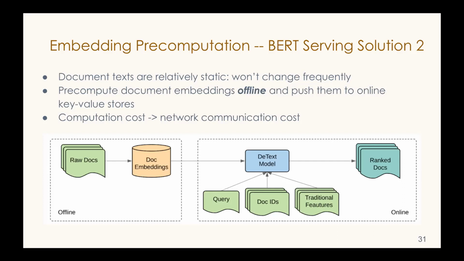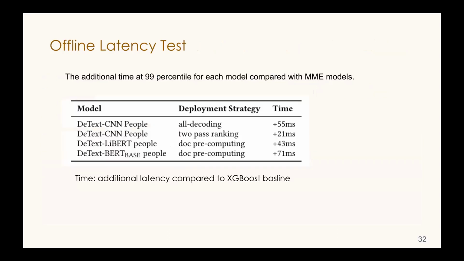So that saves the computation cost and just replaces it with the network communication cost. As a result, you can see in this table that by doing document pre-computation, it definitely brings down the BERT model serving latency to about the same, even a little bit less than the DeText CNN model for all decoding. And another comparison is that when doing the 2-pass ranking, if you compare the first 2